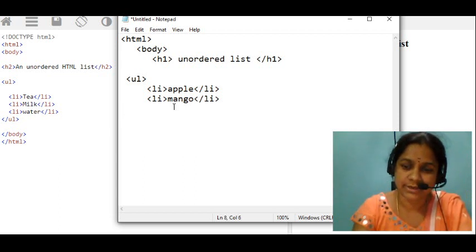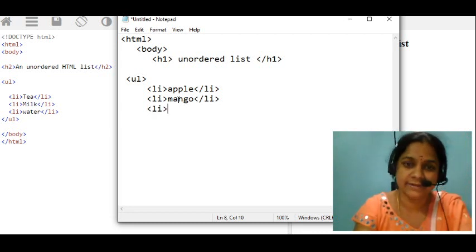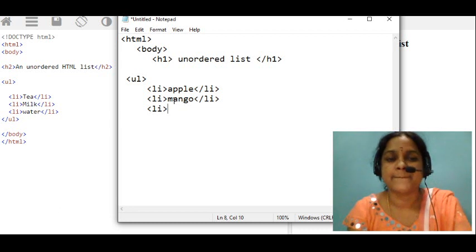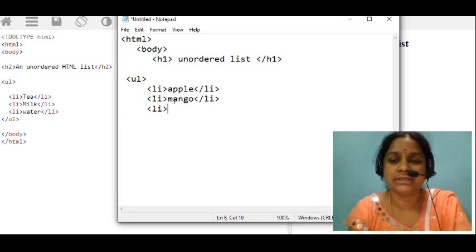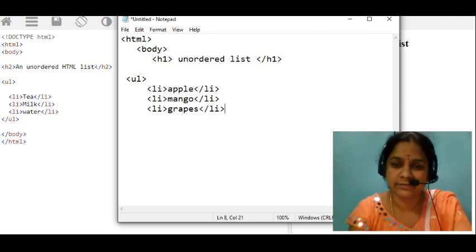Then next I am writing li, which means list. Then next li. What are we going to write? Grapes, I am writing here, slash li.